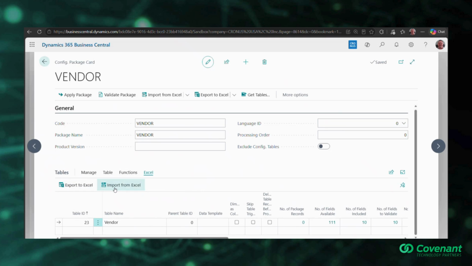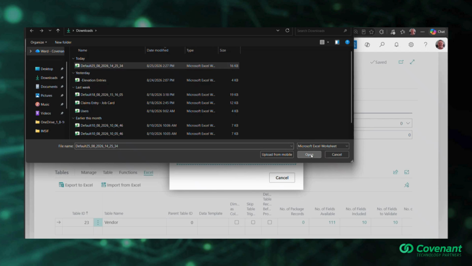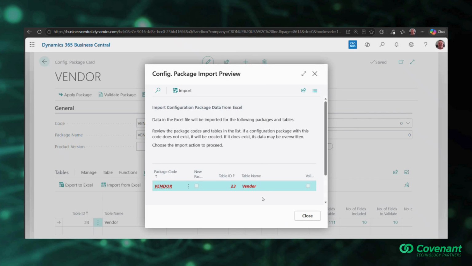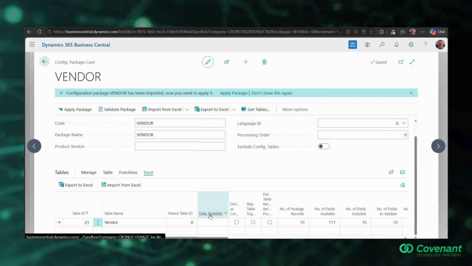So at this point, I'm going to import from Excel. I can select the fields that I entered in this table. We see that it's going to populate the vendor table using this configuration package. I then tell it, yes, I want to import that,